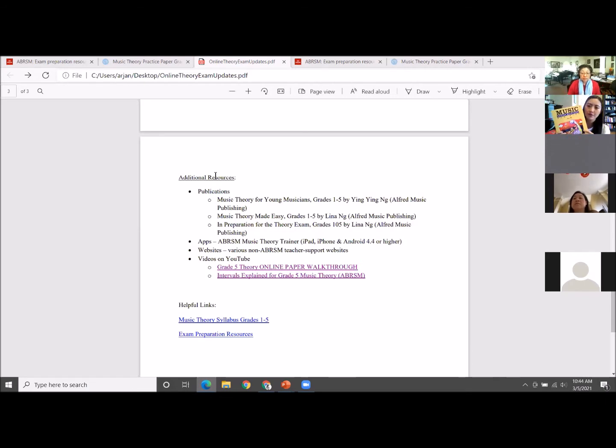This one only goes up to their level 5, which is not exactly the level 5 of ABRSM, but I would say this is a nice one to just use for teaching theory, not necessarily to take the ABRSM exam, but just to get students started on music theory.